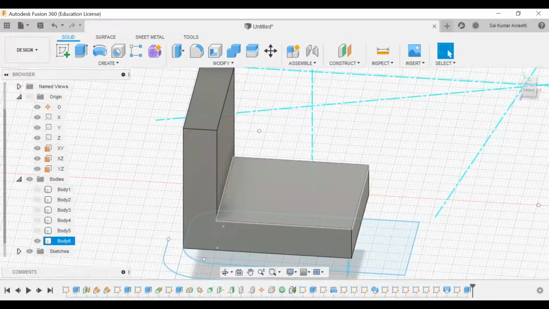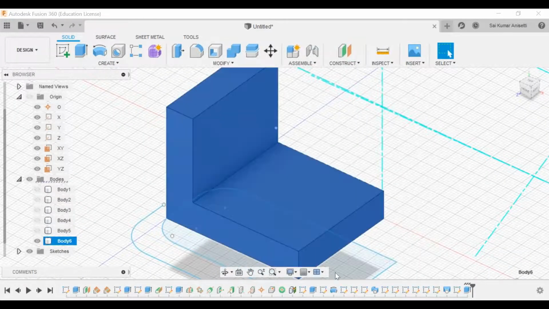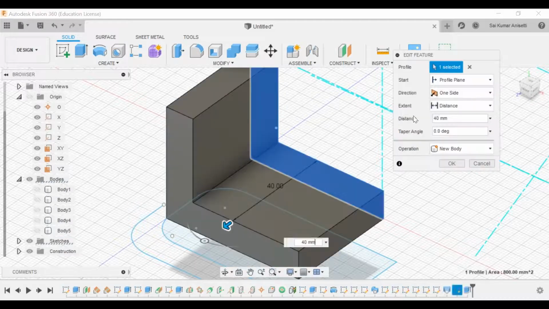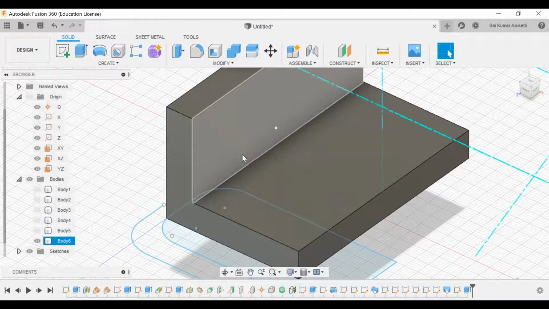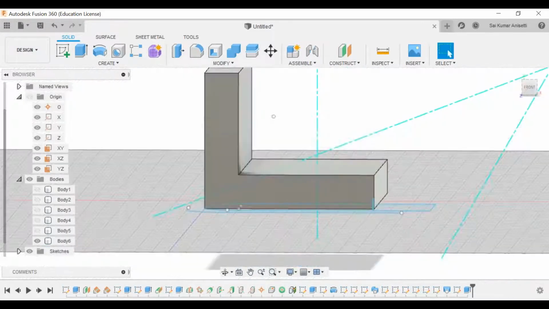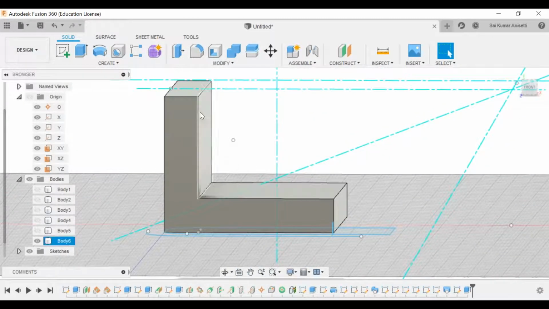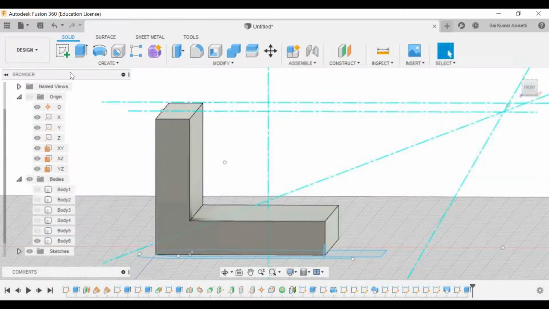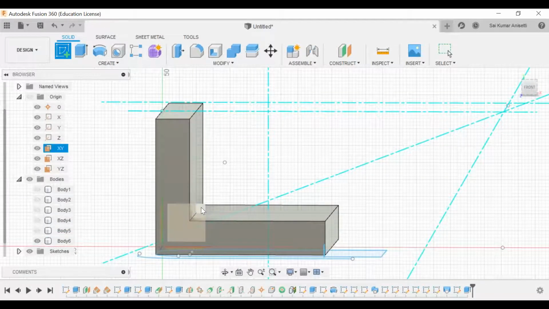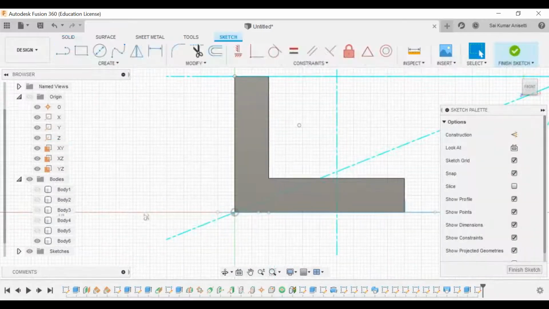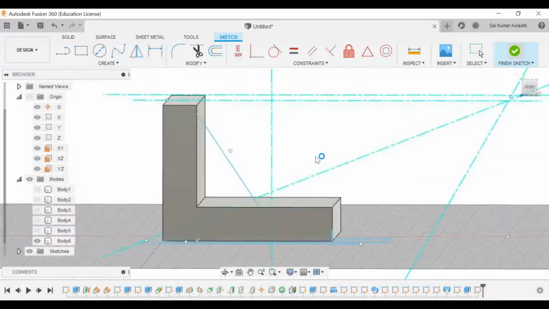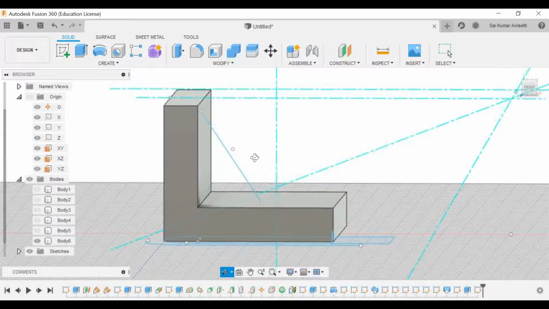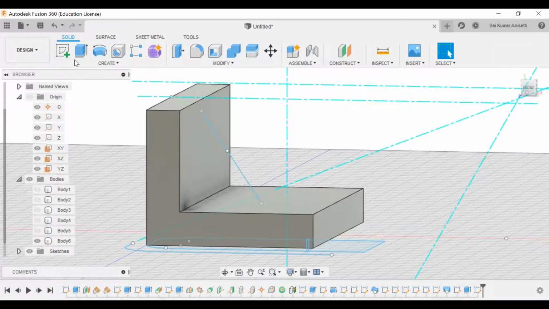Now over here, this body operation, and make it symmetry. Click OK. Now exactly, I want to make a rib. A rib is a kind of stiffener. Those are called stiffeners. So I'll take a sketch. I'll draw a simple line exactly on this mid plane. I don't draw a complete figure actually. I'll draw a simple line which will be passing through this and exit my sketch. So taking this line as reference, I will make a simple rib.